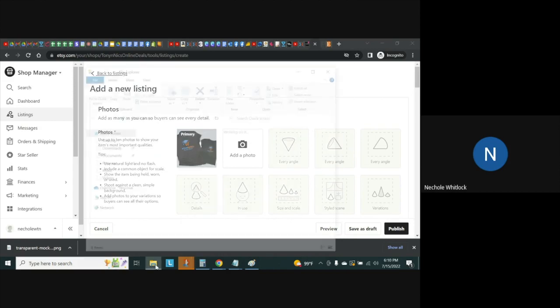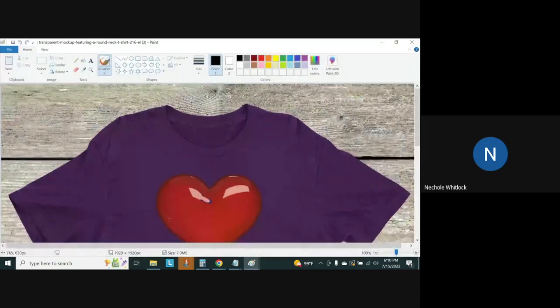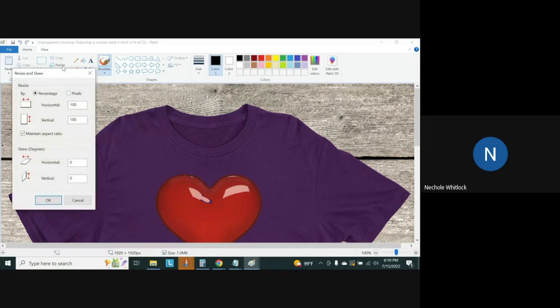Or you can go and click on the actual image. And then once, oh, it opened it up in Paint anyway. All right, so it opened it up in Paint. I wasn't expecting that. But under normal circumstances, if you just click on it, it's not always going to open it up in Paint. The great thing about Paint is that you can resize it. In Paint, and even the Mac version, you can click on Resize. You go to Pixels, and you can resize it to the 2000 by 2000